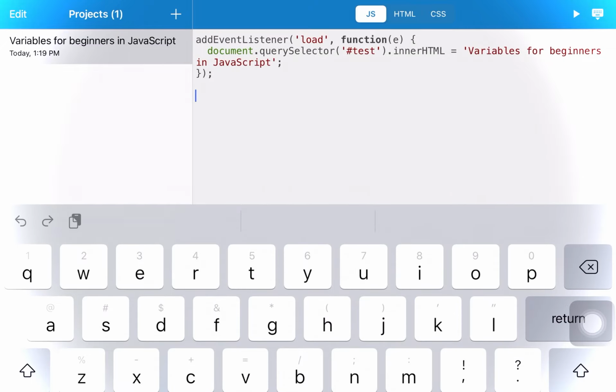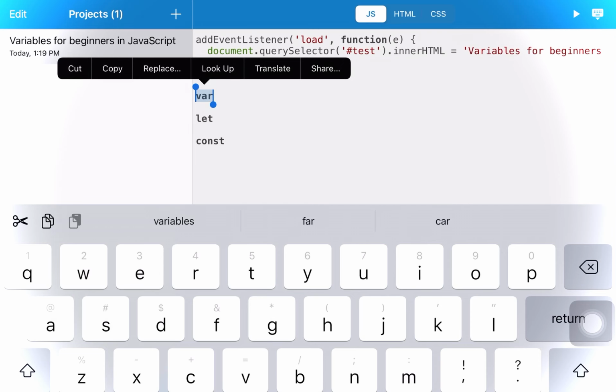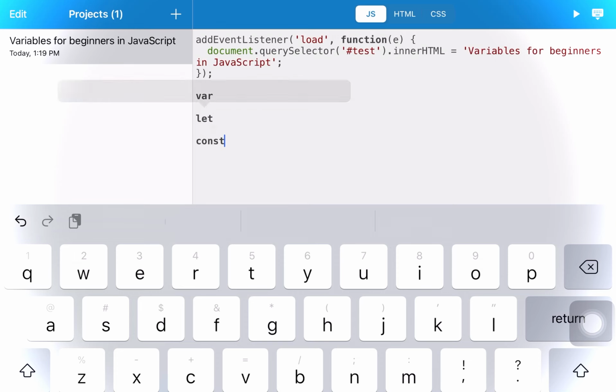So, let's continue. There are a couple different ways to name variables. You can write var, let, or const. These are the keywords that name the variable. Var is short for variable, and let is the same thing, except that it's kind of like